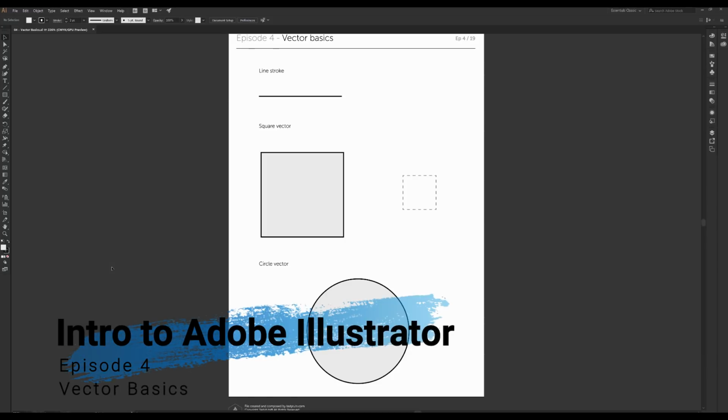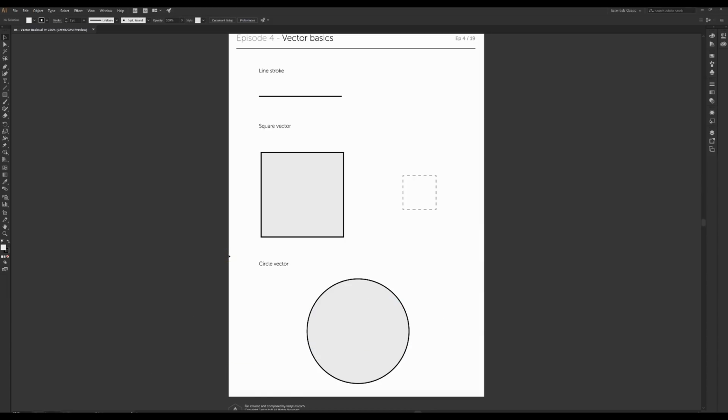So today we're going to learn some vector basics in Illustrator. You are going to need this Illustrator document called Vector Basics, and you will find it on the class website. You will have to click on it. It will open up in a new window, and then in the top right hand corner you will have to